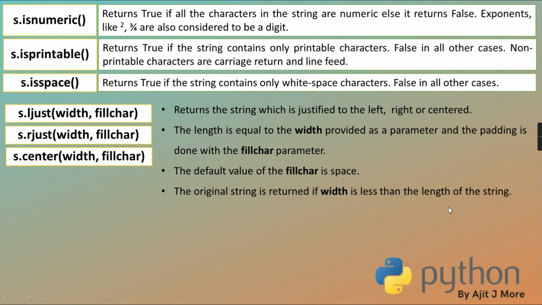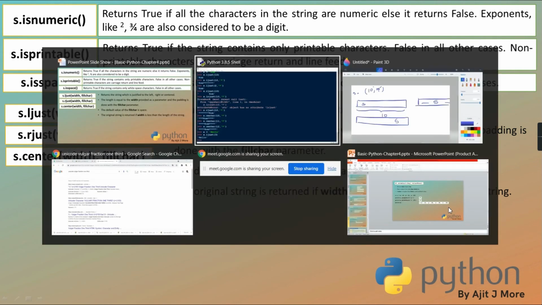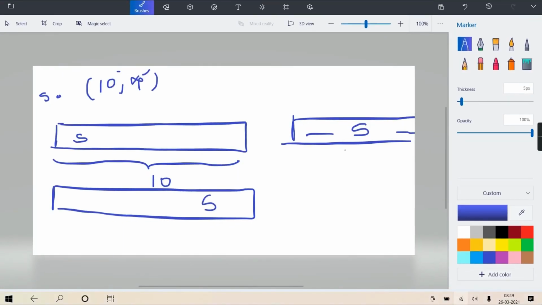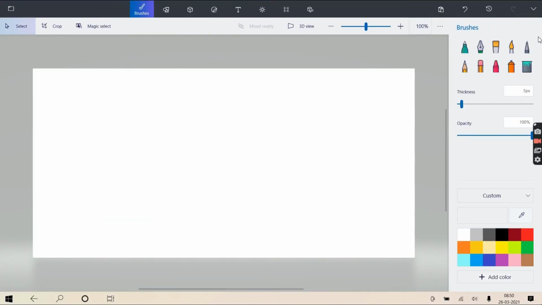Now the next ones are also similar in a group, they are to be used in a group, like these 3 are there in a group: ljust, rjust and center. Same way we have other functions: lstrip, rstrip and strip. Okay, so strip means deleting, and again here it is not going to delete from the original, it will return a copy. Okay, see, now if you are using s dot lstrip,